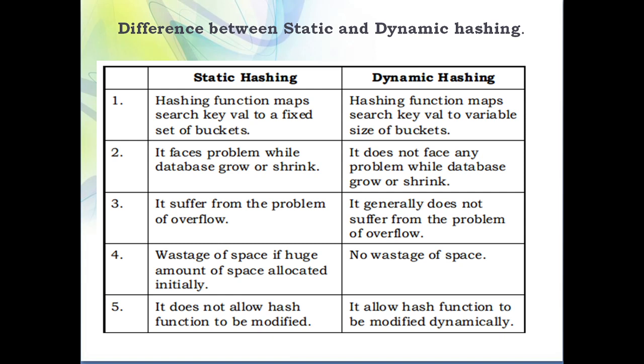At the end I would like to summarize. Here we discussed the concept of hashing. Hashing helps us directly locate the memory address where the actual record is present, as compared to indexing. We discussed two types of hashing: static and dynamic. In static hashing we face two problems, collision and overflow, which are solved using open hashing and closed hashing. Then we discussed the concept of dynamic hashing, and finally we saw the differences between static hashing and dynamic hashing. So I hope you understand the concept of hashing.